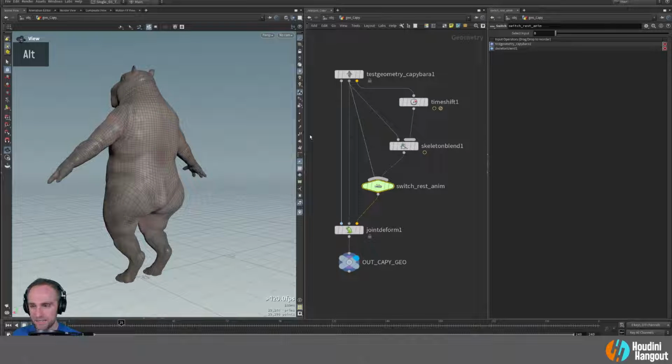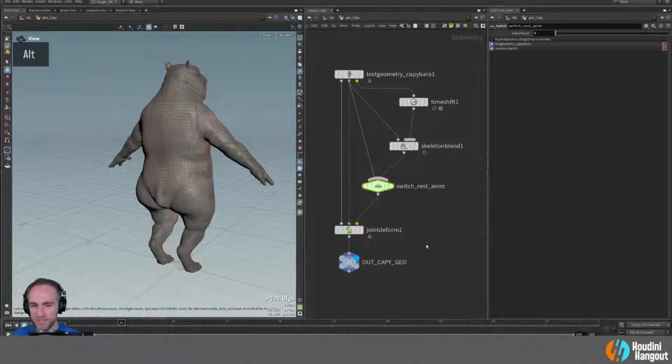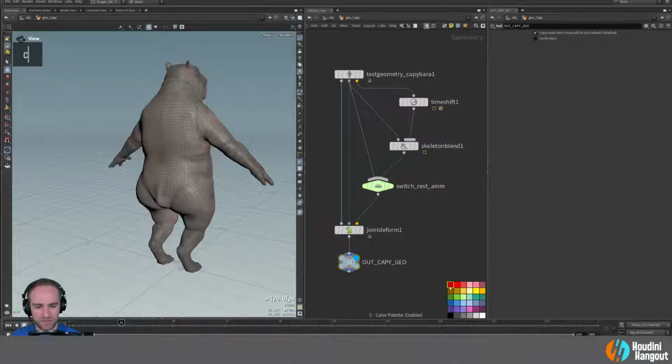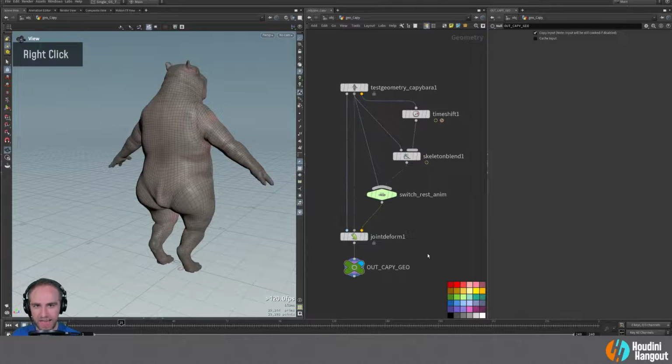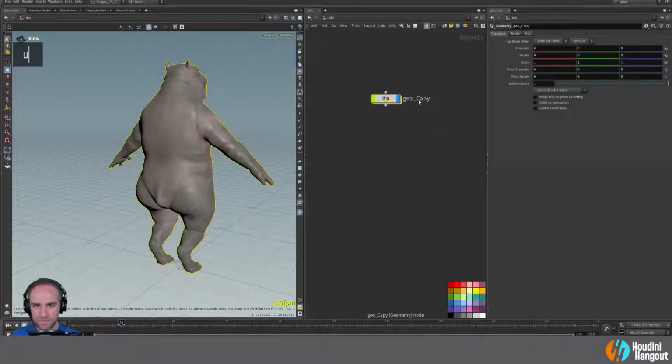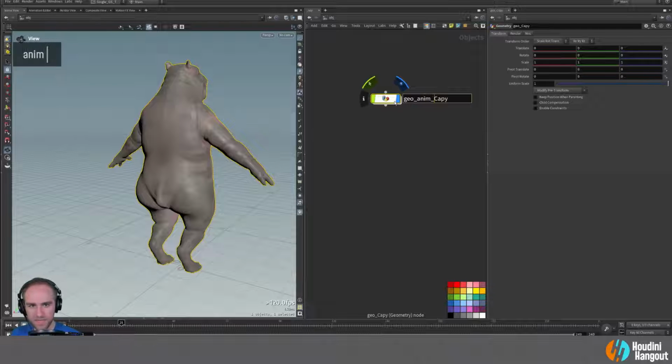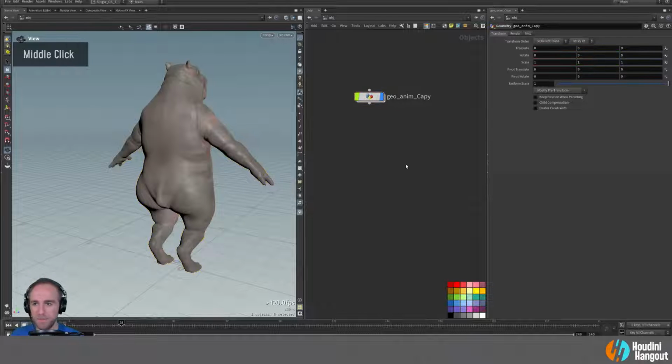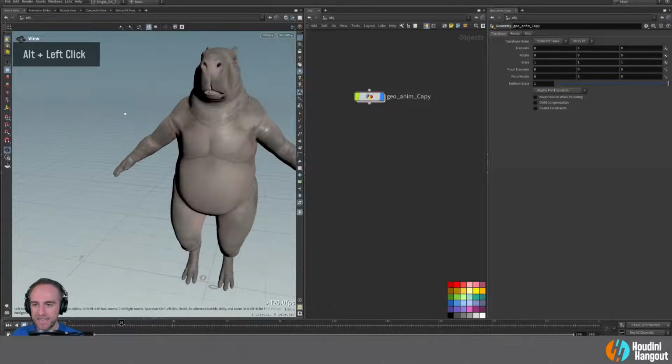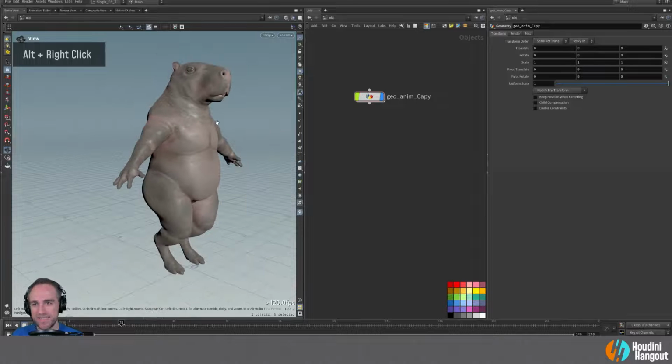And let's kind of go from there and see what we can do. So we've got our Cappy geometry coming out here. I made a null for that. And what I actually do is I'll say like that, geo animation Cappy. Cool. All right. So next, let's take a look at just attaching some simple geometry to this, just to kind